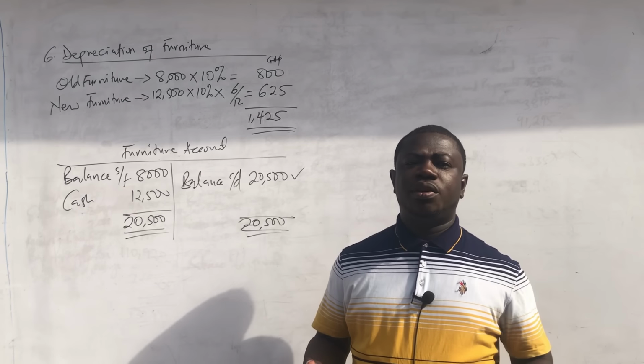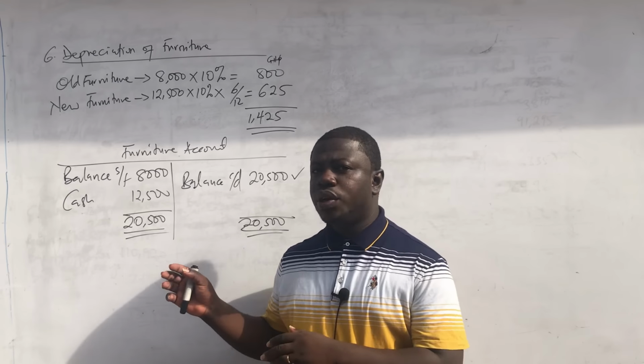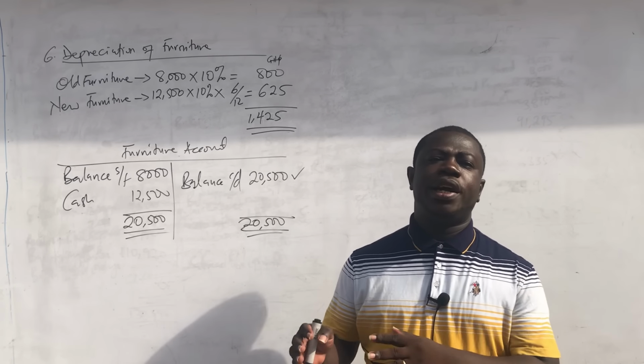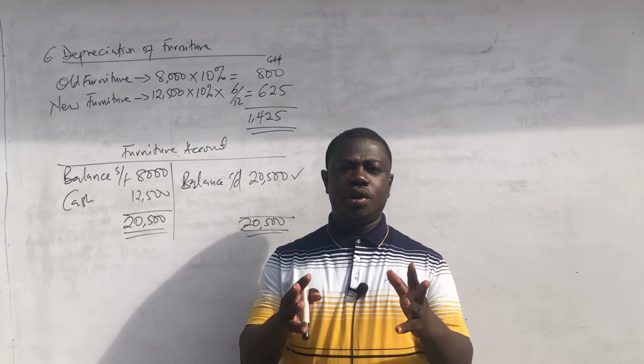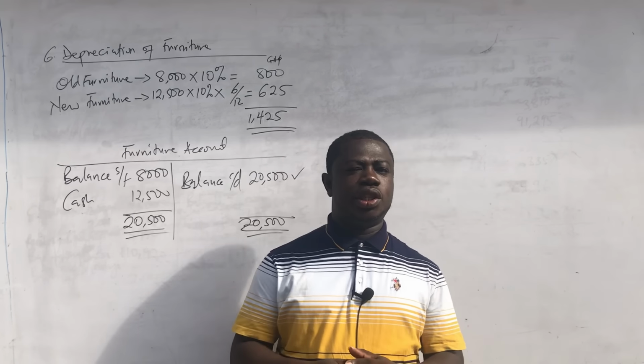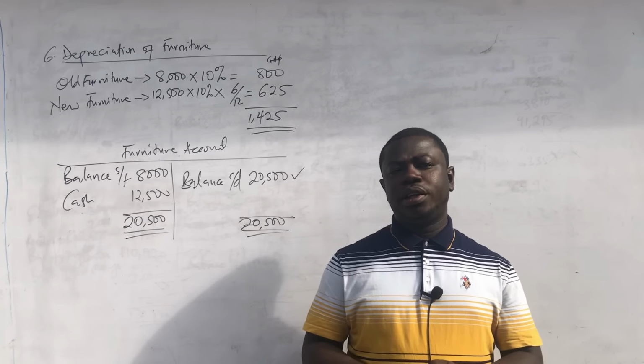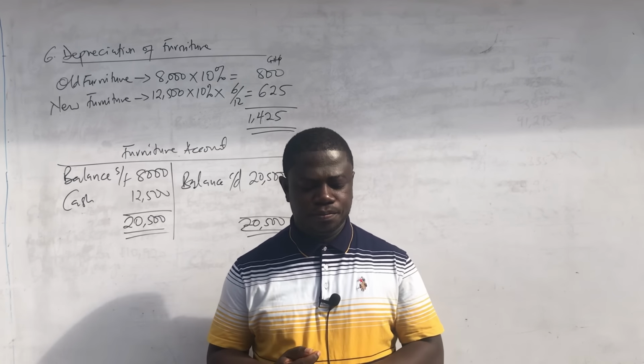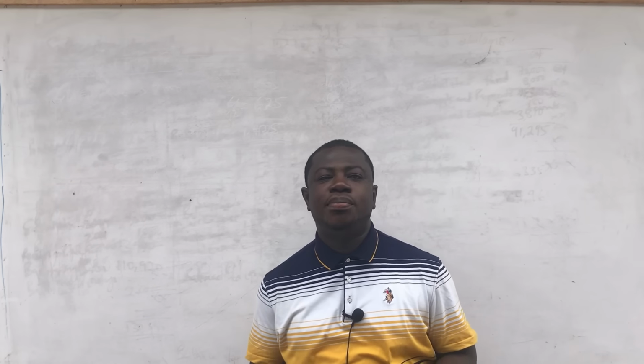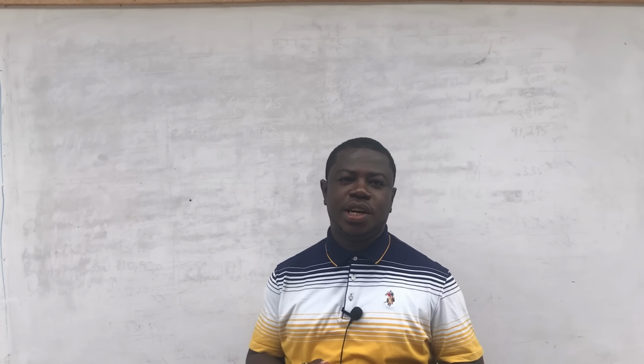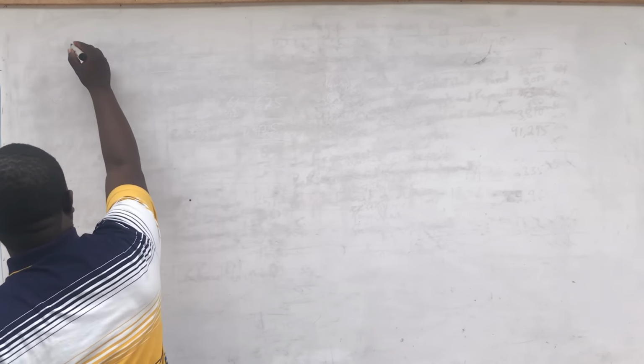All right, so we are done with the workings. So what we are going to do next is that we are going to prepare the income and expenditure account, and then we are going to prepare the statement of financial position, which we have actually been required to prepare. Okay, so now we can proceed to prepare the income and expenditure account. So in the books of Jamaica Keep Fit Club,